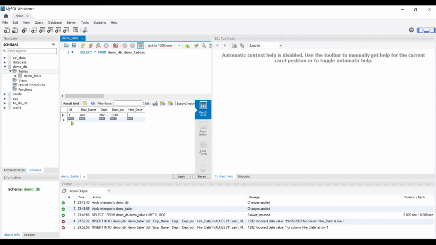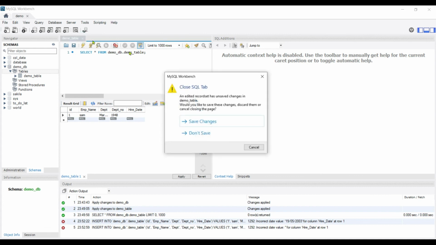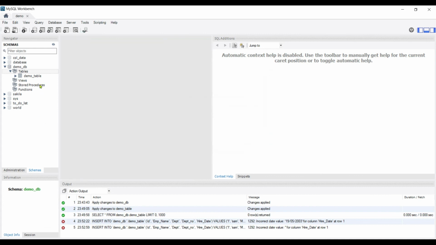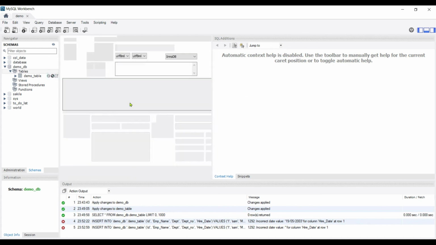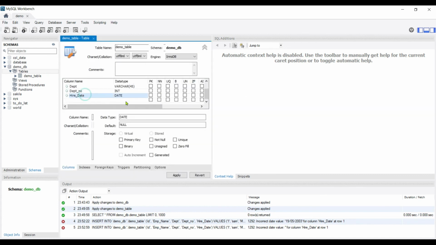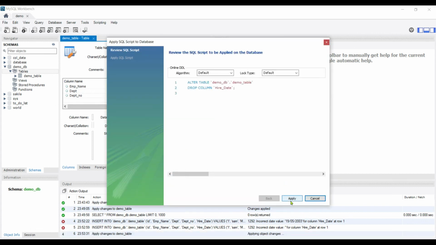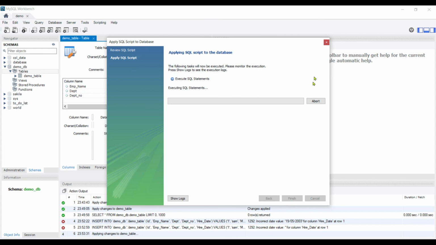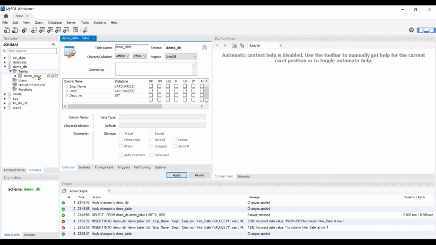Damn these tables. Okay, so I will just show you how to remove a column now, since I'm not able to fill that column right now. So let's close this tab. It got closed, damn it. So I go here, and now I try to update this hire date column. I will click and click delete selected. Now that's done, and now click on apply. Apply once again, and my table has been updated.